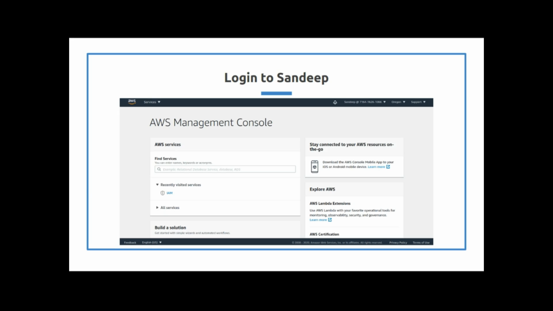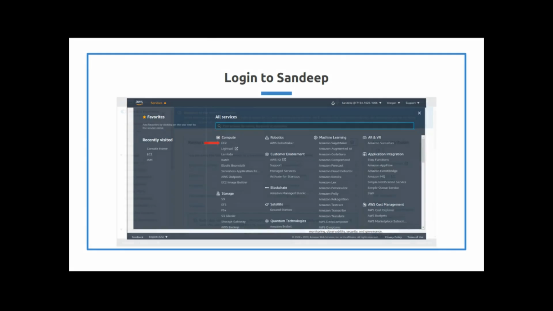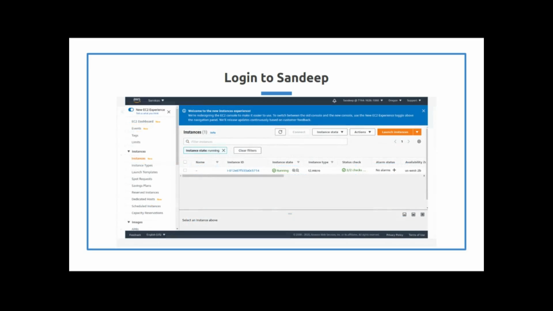And you see on the top, Sandeep is logged in. His name is on the top. You click on services, and his service, remember, is EC2. So you want to click on EC2 right there, and it brings you to the EC2 dashboard. Let's see what happens when Sandeep clicks on instances.